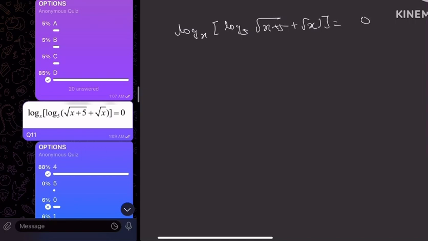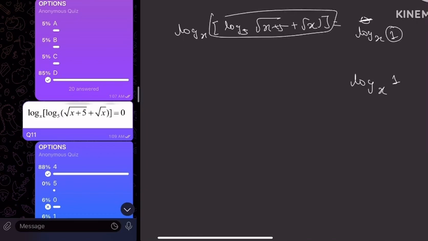Okay. RHS is 0. What is 0? Whenever we have log 1, that is 0, so base will be x. So 0 can be written as log base x of 1. So compare this. Okay, so this much part is basically 1. So you can write log base 5 of root x plus 5 plus root equal to 1. Now 1 is basically what, base and that are same, so log base 5 of 5. So in place of 1 we can write log base 5 of 5.